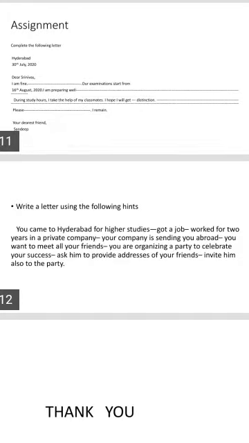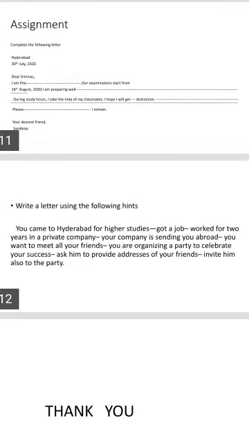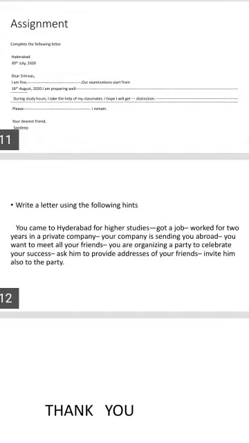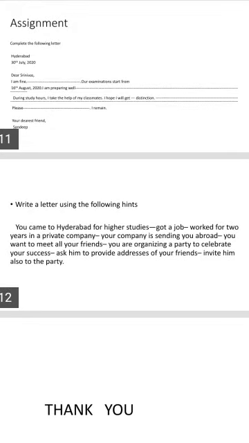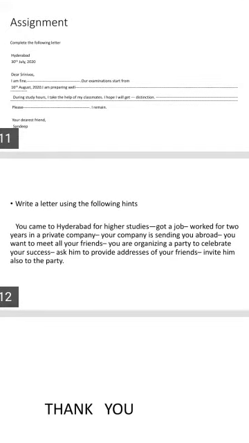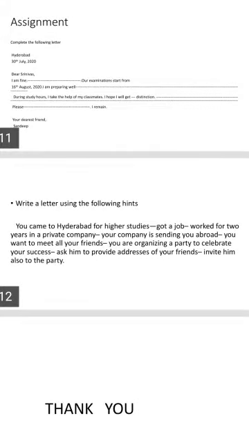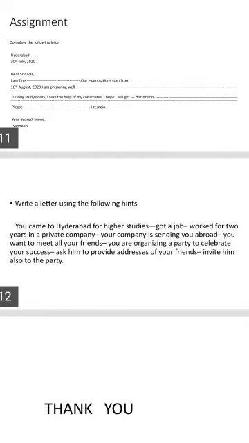So, how to write this letter? You can write, my dear Srinivas. So, you can write the place Hyderabad, date 30-7-2020. My dearest friend Srinivas. As you know, I had come to Hyderabad to complete my MTech. During the campus interviews at the Usmania University, I got a job with AJ Infosystems in Gachibowli after working with